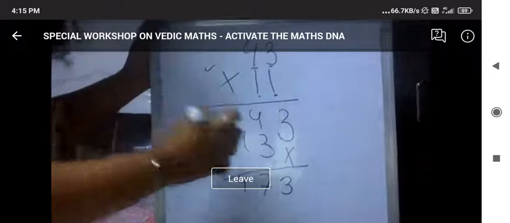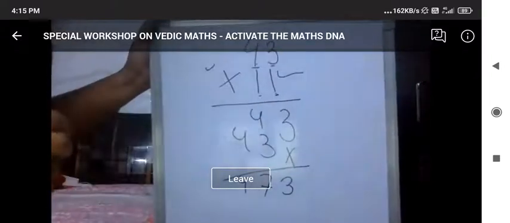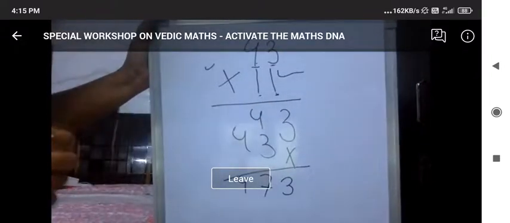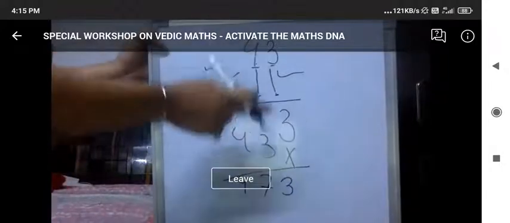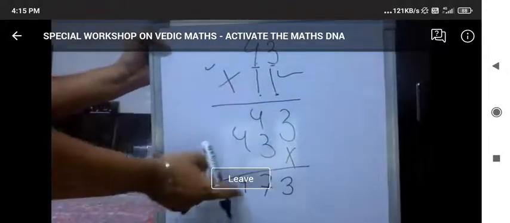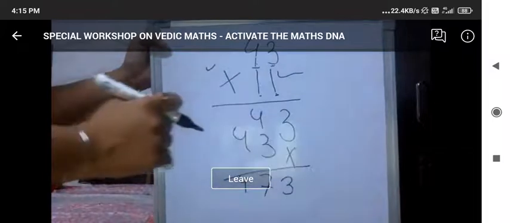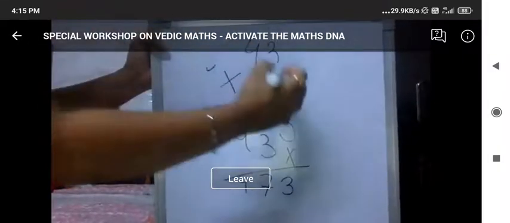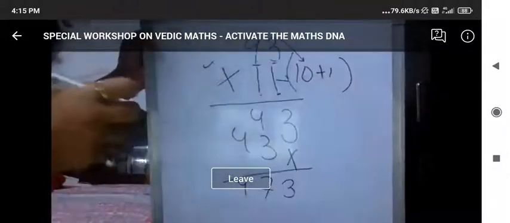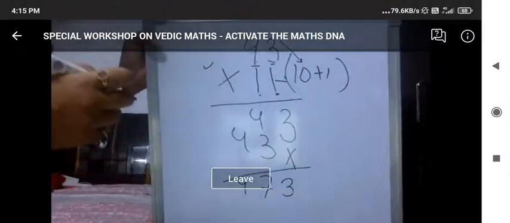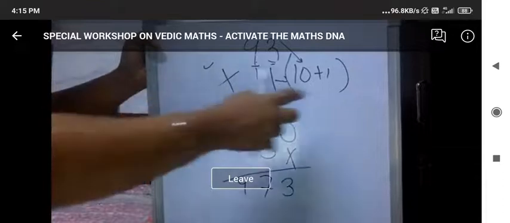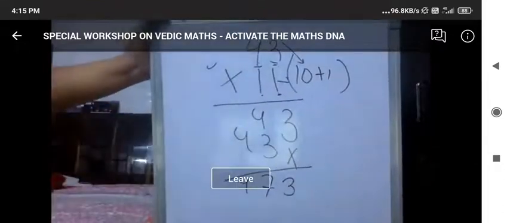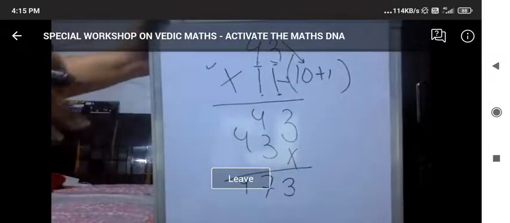Some might say, ma'am, I know the table of 11. I can do it directly. Very well. You can read the table of 11. 11 times 3 is 33. 11 times 4 is 44. Carry forward 3, added, will become 473. Then going further, some will say, ma'am, I know a property, which is the distributive property. I'll be using that. I'll multiply 43 by 10, which gives me 430, plus 43, and I get the answer of 473. These are 3 traditional ways to solve the question.